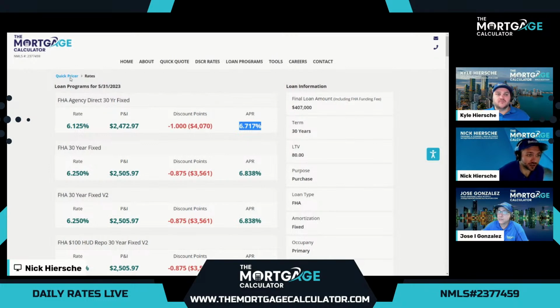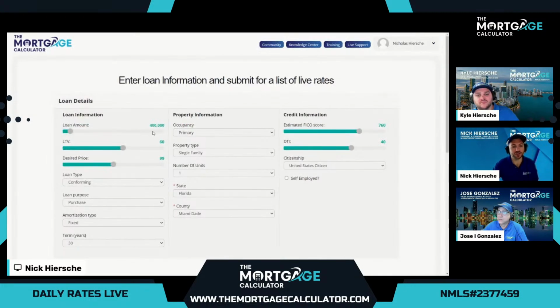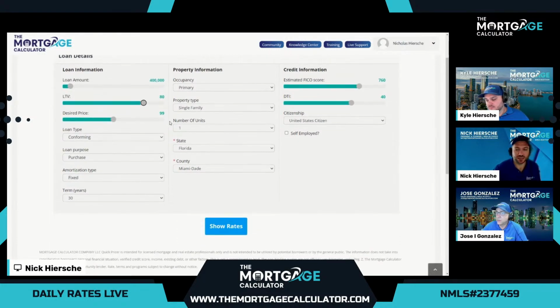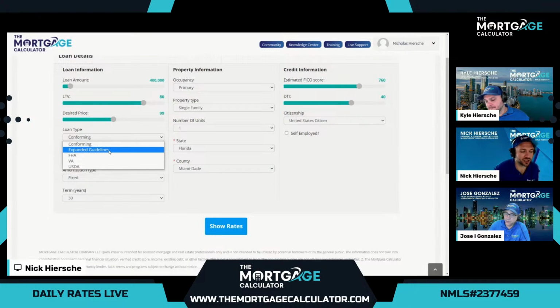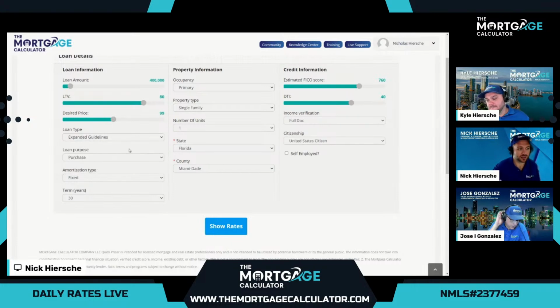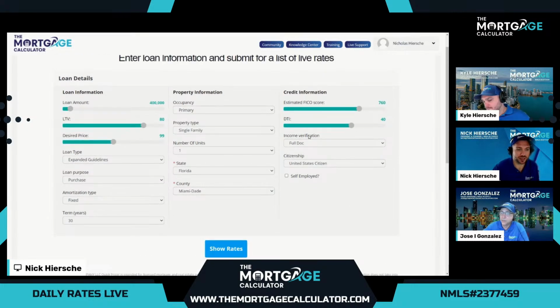Now, if for any reason our customer doesn't qualify for FHA or conventional, many other banks and lenders don't have other options, but that's where we love to shine here at the Mortgage Calculator, where we have over 5,000 other options for our borrowers to give them other opportunities. That's under expanded guidelines, also known as non-QM. So when we select non-QM, everything else will stay the same, but we get one new option, which is our